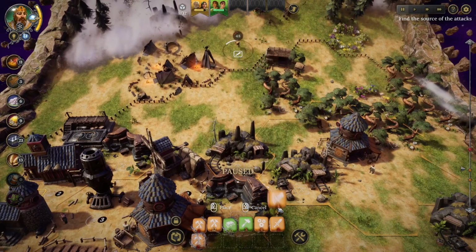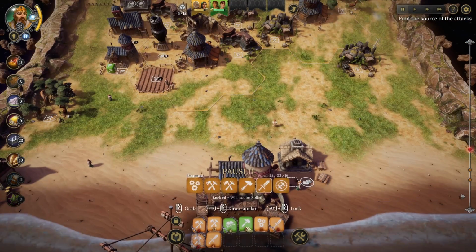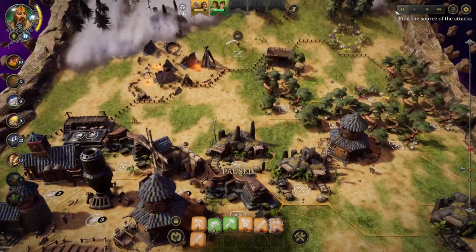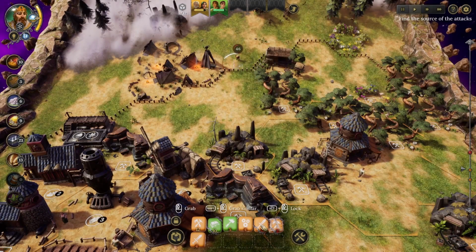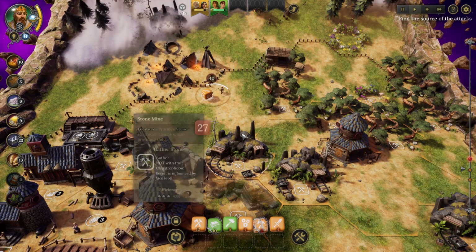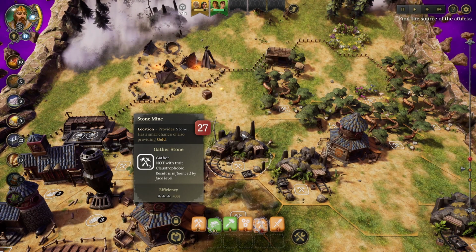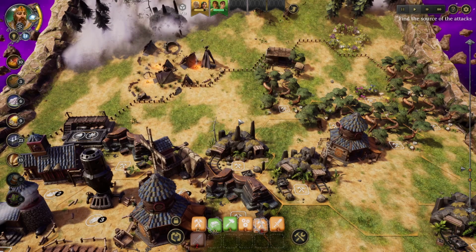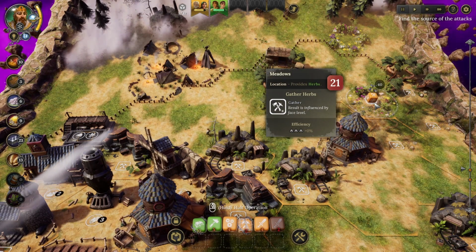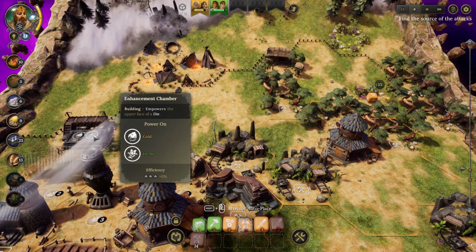Right. I'll wait till they're in range. I'll lock that one. I'll put that into heal whilst we're waiting. Right, let's bring this guy in and use that sword. There you go. Right, that's good. Hasn't wounded our die. I'm going to send that over there to pick up some herbs because we will need those for the enhancement